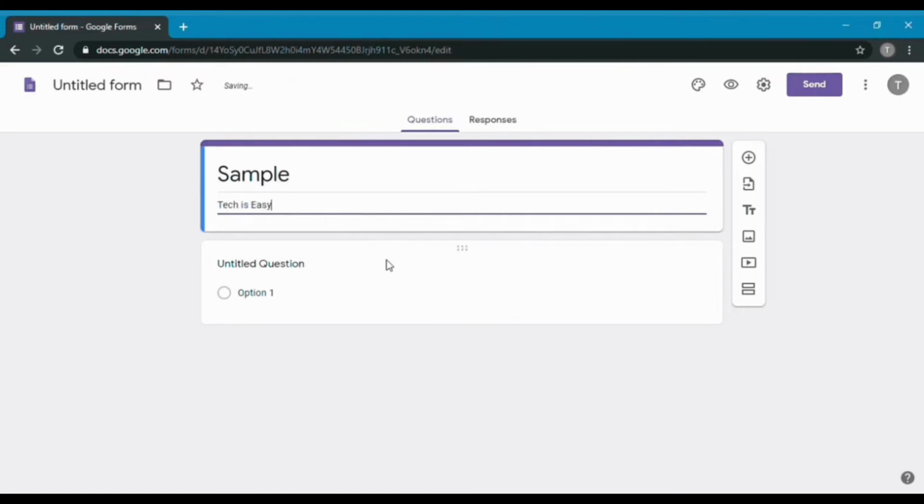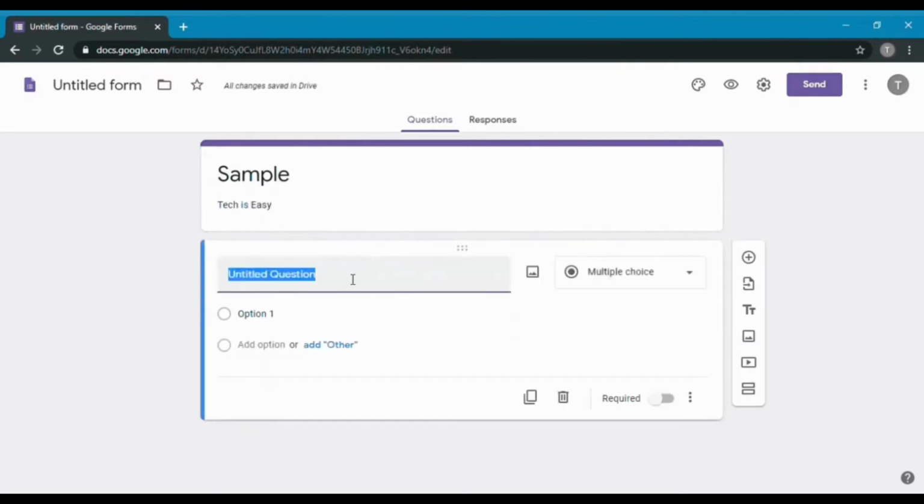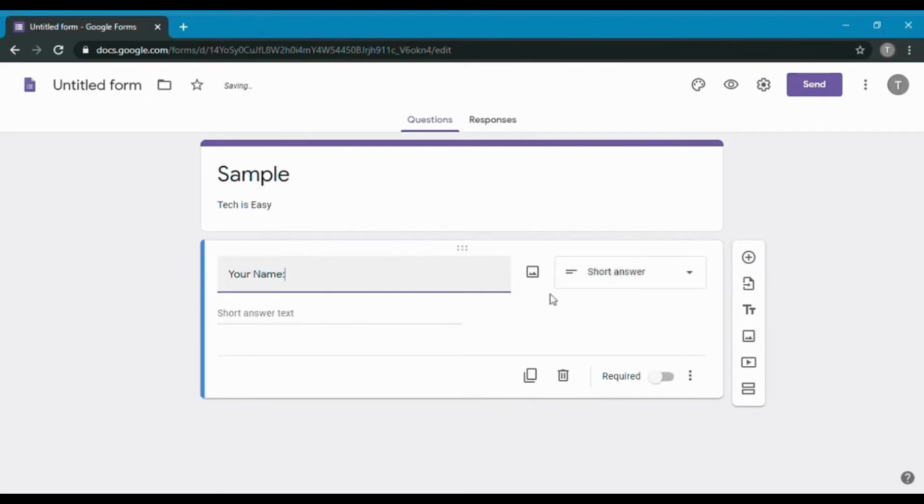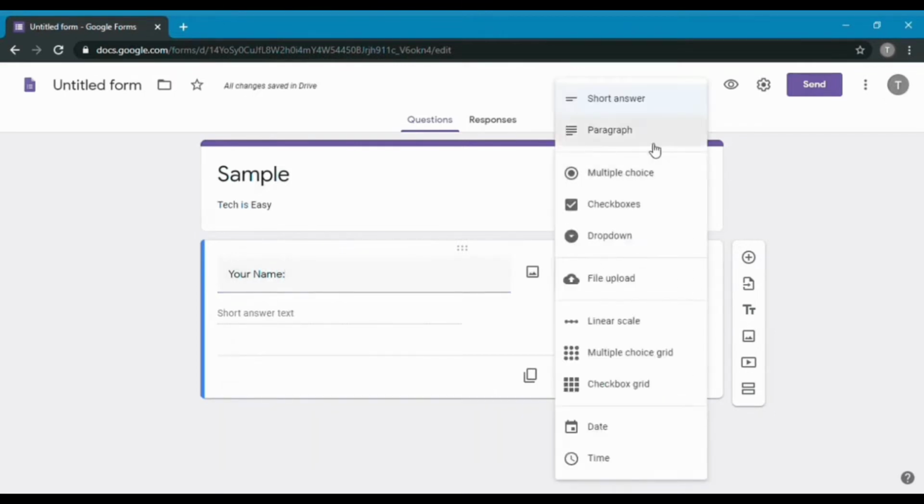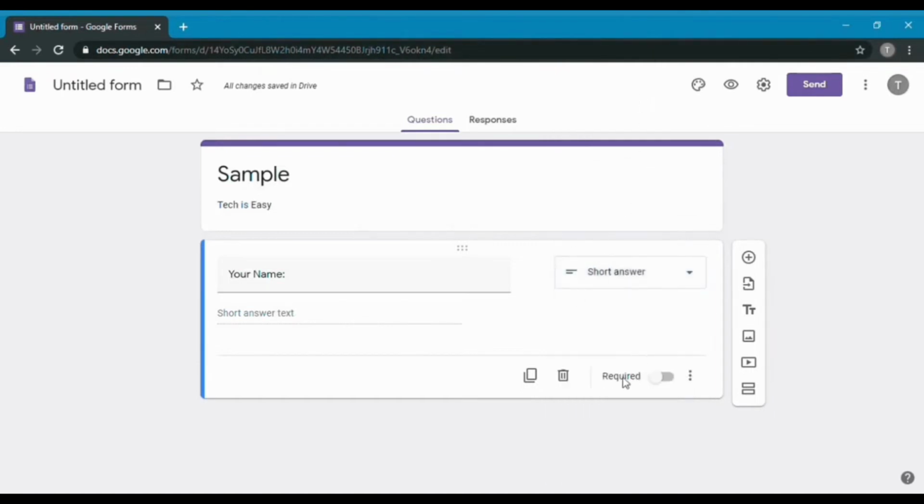Then click on the first question, and you can type whatever you want. So I'll just keep your name. And over here you can decide whether you want a short answer, paragraph, multiple choice, check boxes, or drop down. So since it's a name, I'll keep it a short answer. And you can decide whether you want this field to be required or not. So I'll keep it required. The meaning of required is that a person filling in this form will have to enter their name to submit this form. To add another question, you have to click the plus over here,